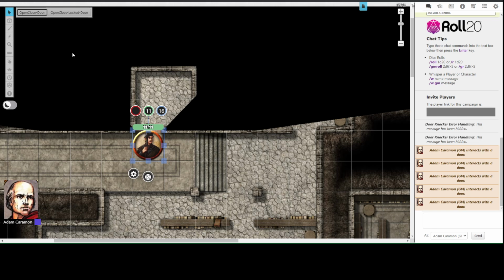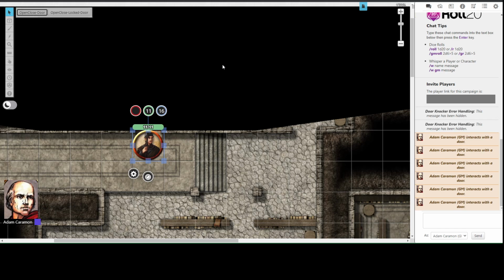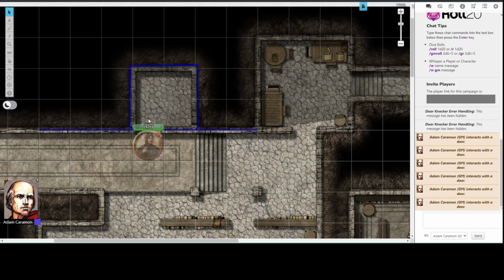Luckily this is a toggle, so you just click the same button again if you wish to close the door. And there, the door is closed. Now if I flash back over to the dynamic lighting layer and change this green line to an orange one, indicating that it's a locked door,